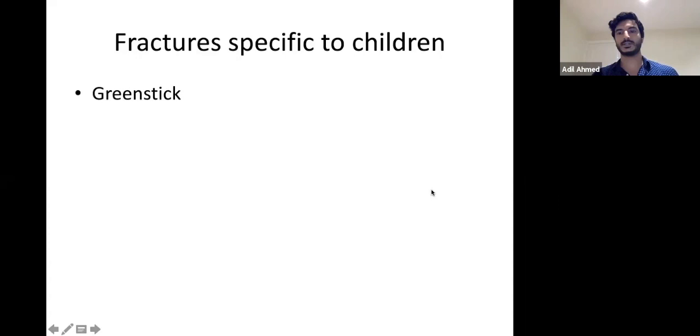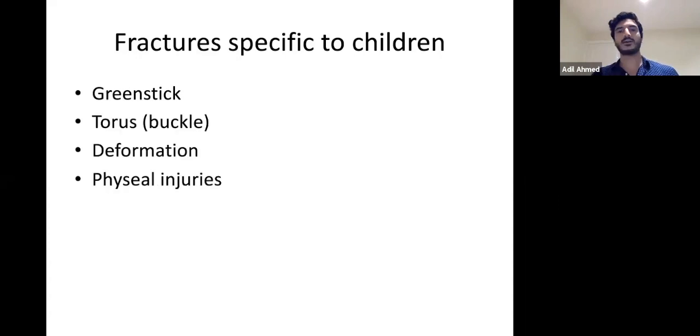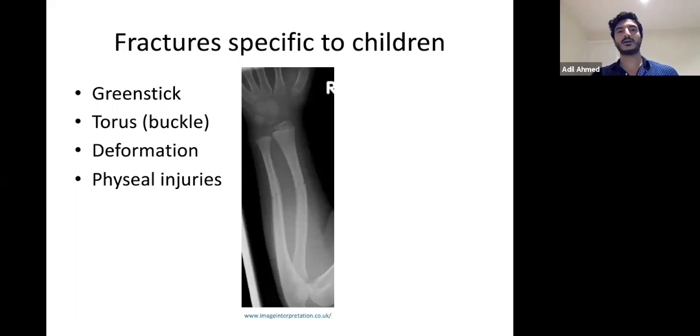Specific to children, there are a number of fractures which are specific. You've probably all seen some of this through presentations or clinical placements: greenstick fractures, as well as torus or buckle fractures, and plastic deformation. By plastic deformation I mean that kids' bones are very bendy, and so a patient, particularly a child, can sustain a lot of damage